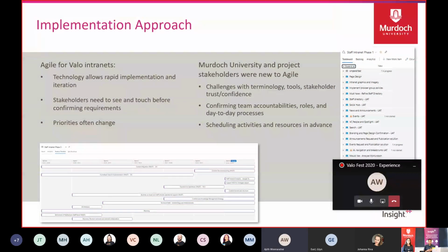Our implementation approach. Now at Insight, we found that Agile is the best way to implement Valo intranets. The technology Valo allows for rapid implementation and iteration, which is what Agile is. Those quick sprints and an iteration back to understand everybody's on the same page. Stakeholders sometimes also might not know their requirements until they see it in front of them. And so Valo allowed us to quickly implement something and then iterate and workshop with the stakeholders and everybody in the room